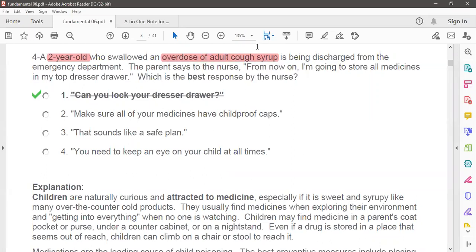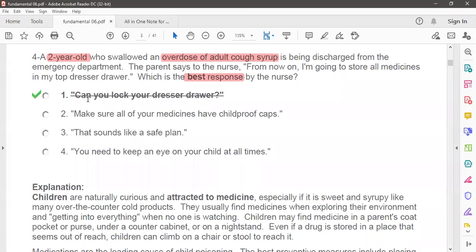Children love to drink or eat it, and the child is being discharged from the emergency department. The parent says to the nurse, from now on I'm going to store all medication in the top dresser drawer. Which is the best response by the nurse? There are 4 options,